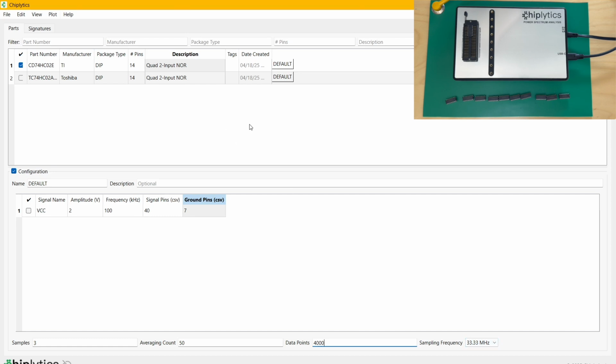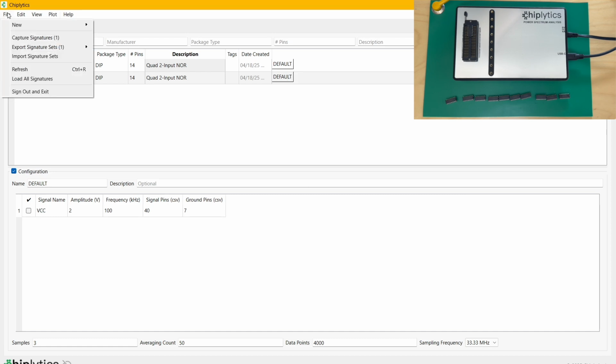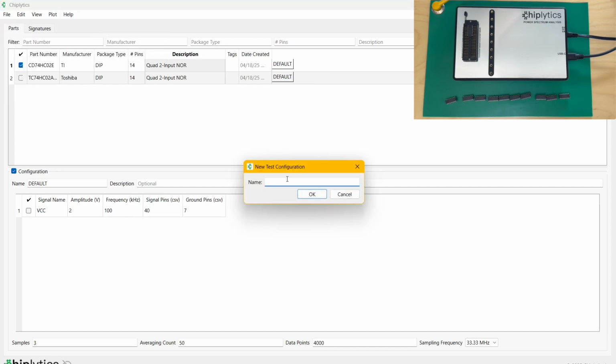of 33.33 megahertz. Now I just want to show you an additional feature in this menu. You can set up multiple test configurations for a particular device. You can do that by either right-clicking on the test configurations that you have presently set up. So you can just click on the New button and that will set you up with a new test configuration. You can also go to File, New, and Test Configuration, which we can now call